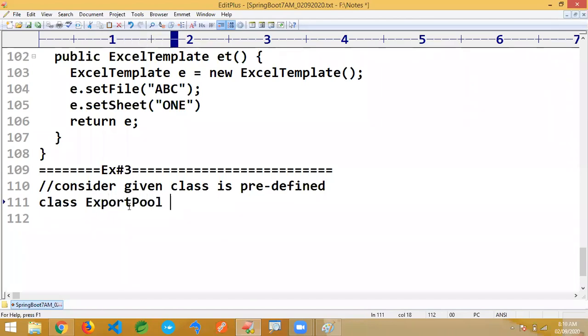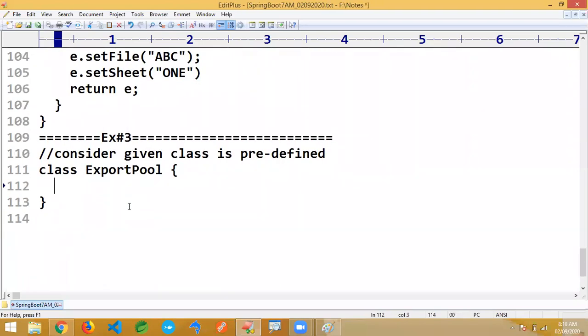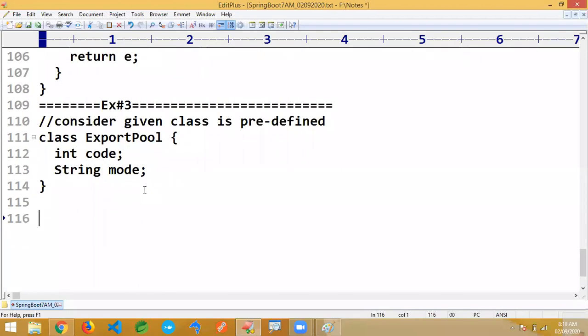Export pool. It's not a programmer defined class, it's a predefined class. Just I'm writing int code and string mode, like this, here. Don't worry, upcoming all classes will become predefined, programmer defined. I'll show all. It's like a practice session.